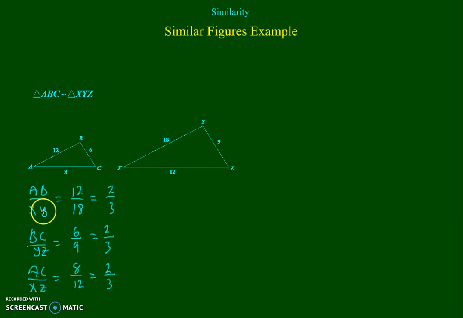We could have flipped these ratios and said the scale factor from ABC to XYZ, we would have gotten 3/2, 3/2, and 3/2. Just take the reciprocal of each one of these ratios, and you would have gotten the reverse scale factor. So just as a recap, the scale factor from ABC